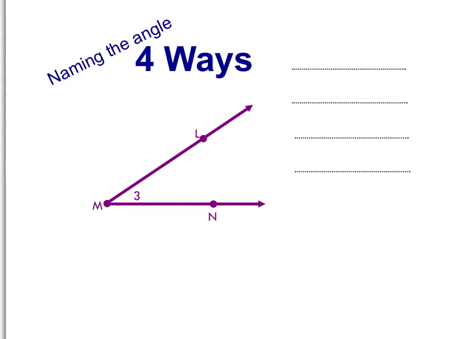There's 4 ways that we can name an angle if it is labeled correctly. So this one has 3 letters that are used to label it and a number. If it has all of those parts, then we can name it in 4 ways. We can name it angle LMN. Notice how I traced along that line and it made the angle when I used that order. I could call it angle NML. I could also call it angle M